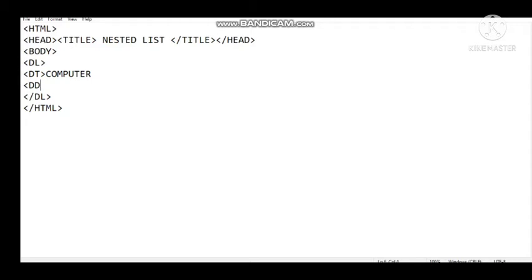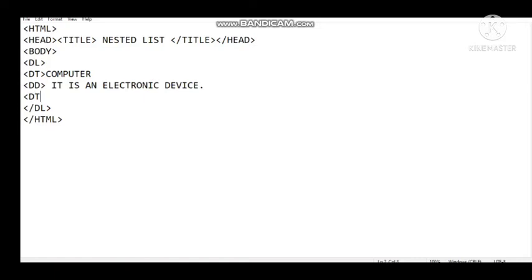It stands for definition description. And now write about computer: it is an electronic device, full stop, definition completed. After this, if you want to write something else, again that part will go with DT, definition term.